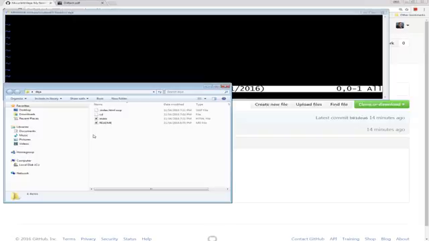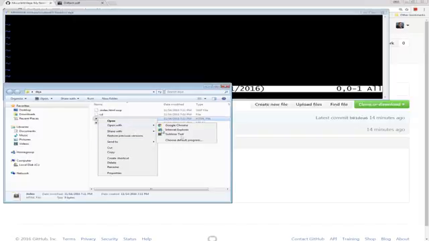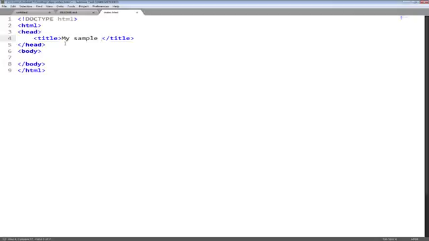That's a file. So I'm going to go here and I'm going to open this with Sublime Text. You know why I open that with Sublime Text? Because it is one thing that I can do. HTML, and if I hit the tab button, boom, I can do that. So I saved myself a little grief. So I wrote that, I got a title, and I'm gonna go ahead and say my sample website,